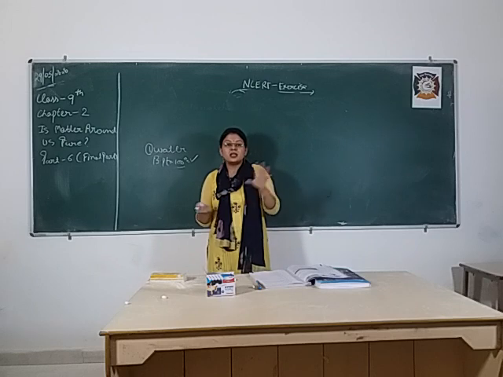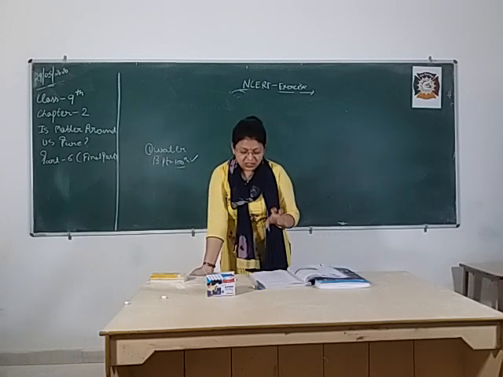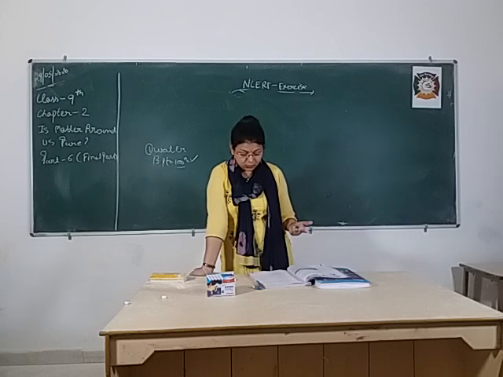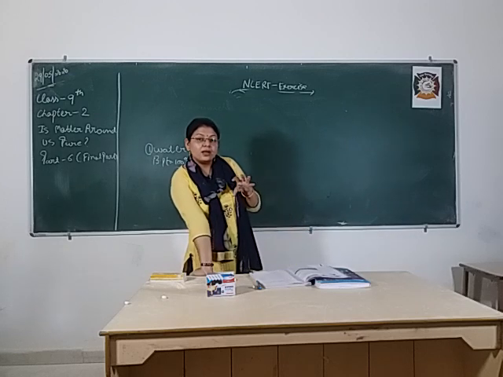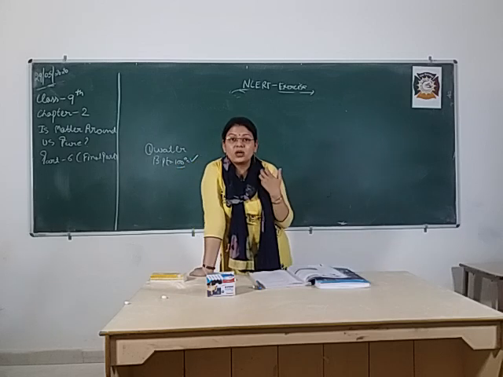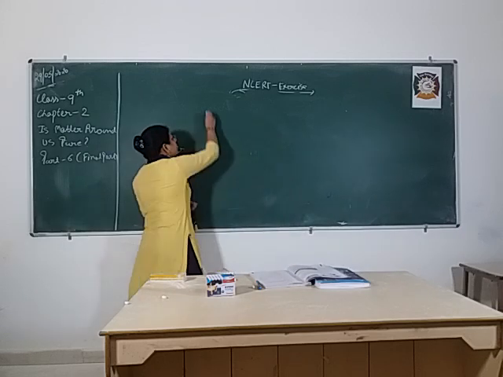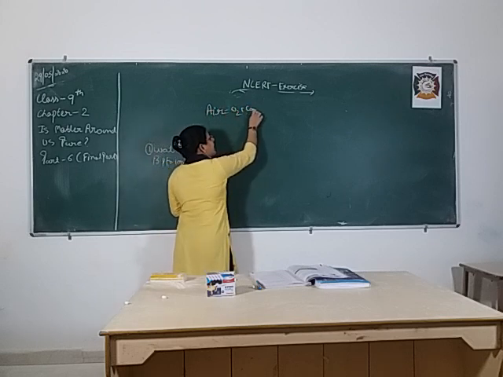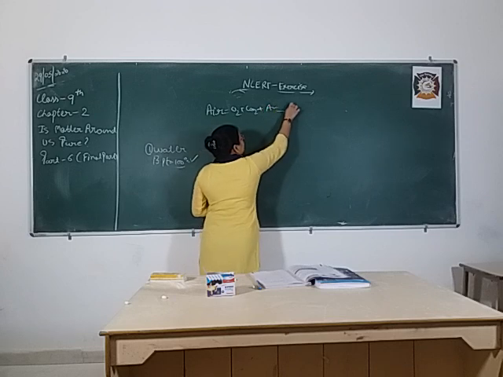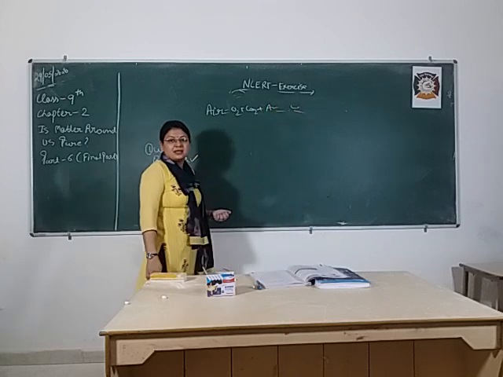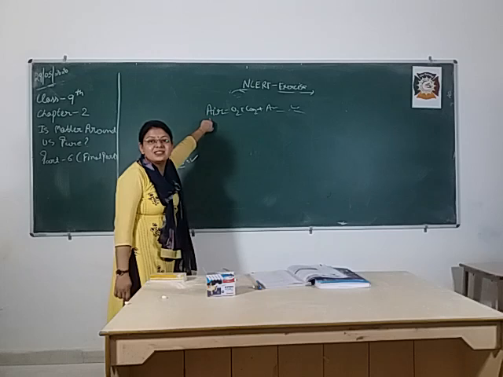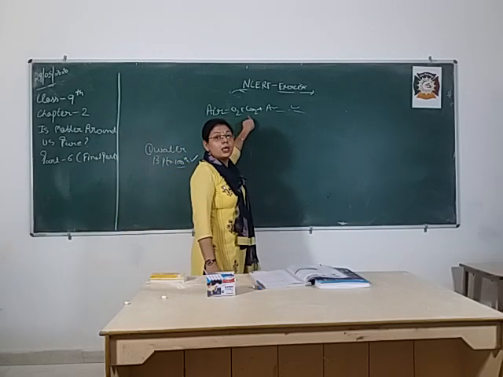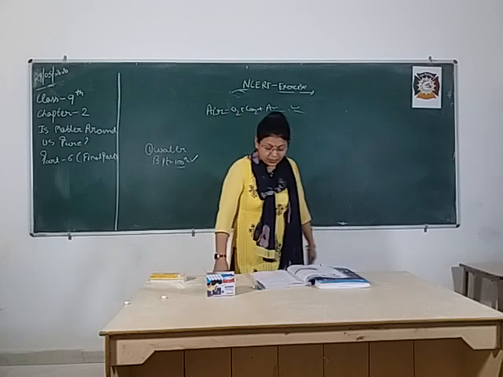So the next, seventh, is you have to classify the pure substance. Pure substance means nothing is mixed together, like iron, mercury, calcium oxide. But in case of air, is air a pure substance? No, it is not a pure substance, because air is composed of oxygen, carbon dioxide, argon, nitrogen and so many gases. So it is not pure in its nature because it contains a number of substances in it. So it is impure in nature.